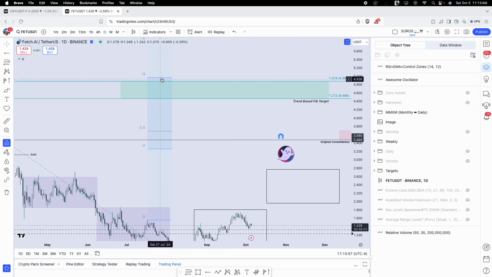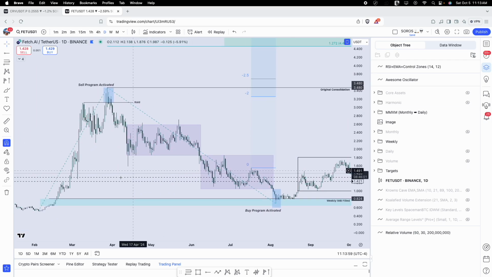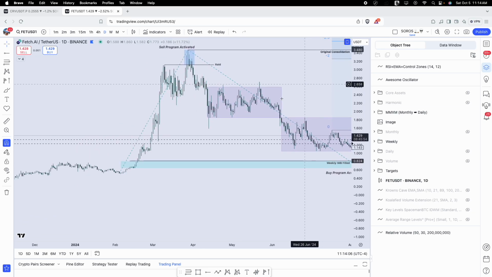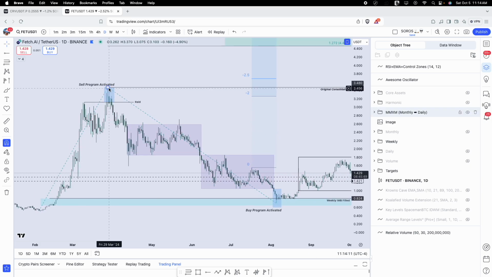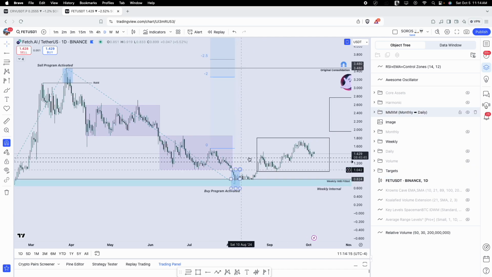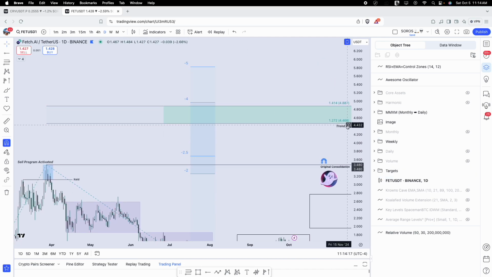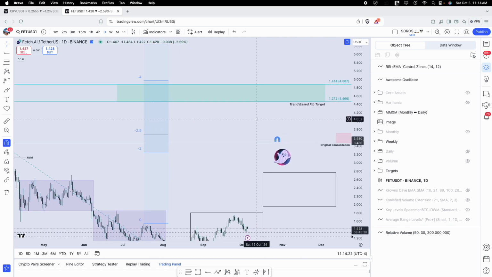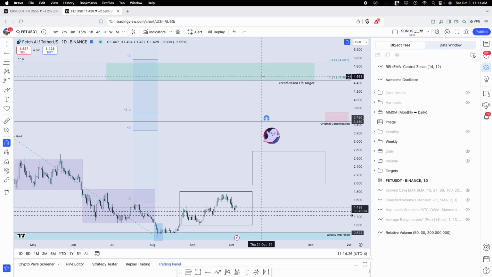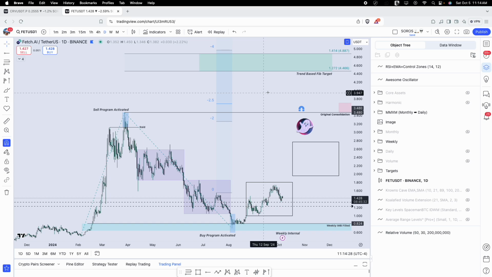The -4 lines up here with a trend-based fib projection, which is basically from the cycle low before the parabolic move. So basically the origin point before this parabolic move went to the cycle high, to the nadir of the pullback, which is the lowest point in the pullback. And what I use is the 1272 to 1414 projection for trend-based fib target. That lines up with the -4. So that's going to be the main target on this